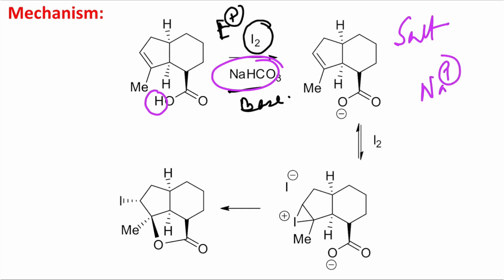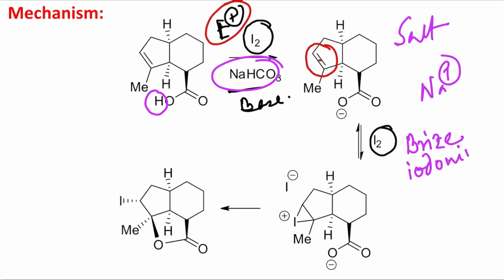Now in the second step, iodine, as I told, can act as an electrophile with this double bond. There are two chances: it can add to the double bond from the upside or the bottom side, but in a reversible reaction it doesn't matter. Ultimately this iodine will attach to the double bond via a bridged iodonium cation. Please remember this, because not only iodine, in the case of other halogens like bromine also, we have observed this bridged bromonium ion formation. I have discussed it in a dedicated lecture previously.